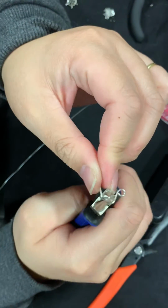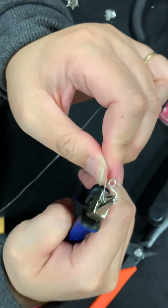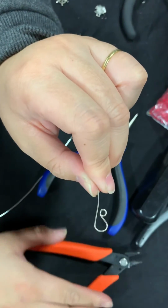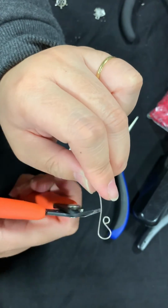turn, turn, turn, like this. You see how you got the ear hook right there? You cut it,